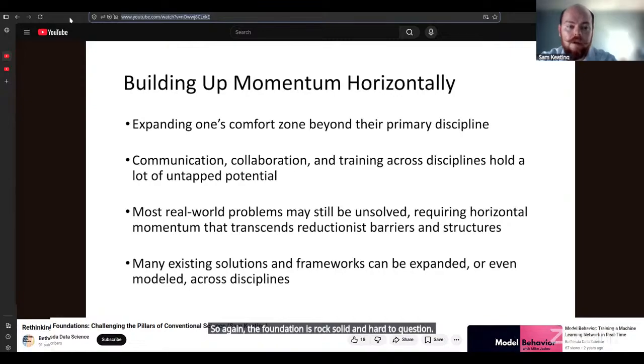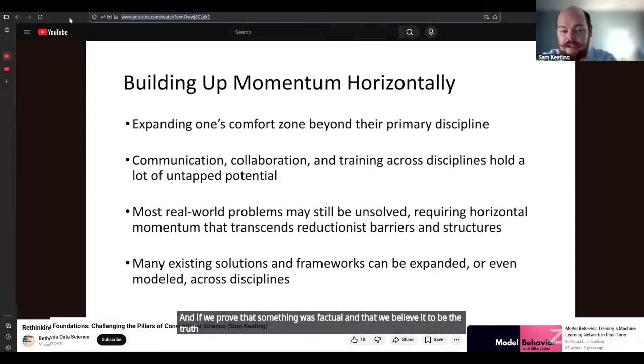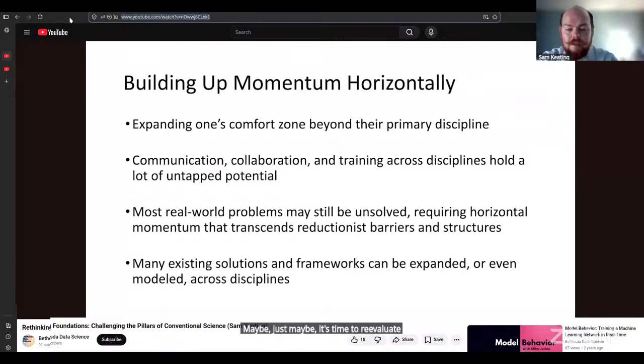And if we proved that something was factual and that we believed it to be the truth because of literal witchcraft, maybe, just maybe, it's time to reevaluate and not just get stuck in the past, because the past becomes the present. And if we don't consolidate with enough awareness and transparency over the decision tree,